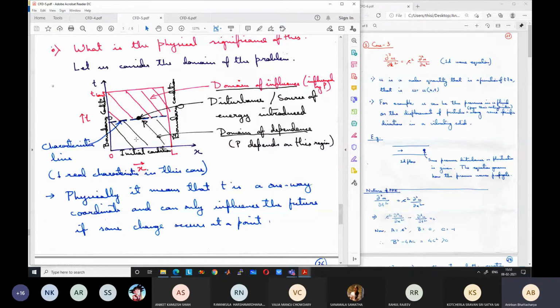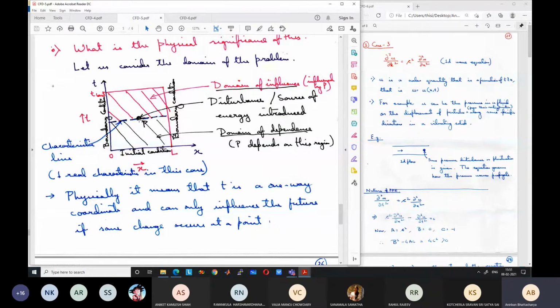What we had discussed was that if any source or disturbance is given at a particular point here, this point P, physically it means that before this time there was no source term, and at this particular time you have introduced a source term at a certain distance from 0. So at a certain point along the 1D domain we have introduced a source term at a certain time t. This is what it means to introduce a disturbance or a perturbation, some fluctuation in temperature or source.